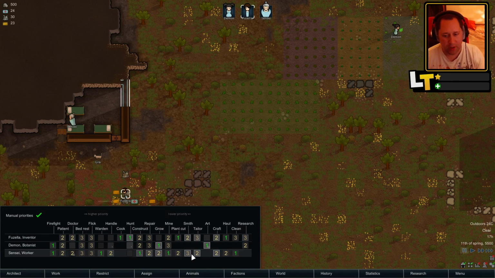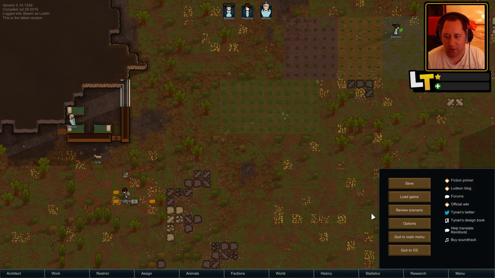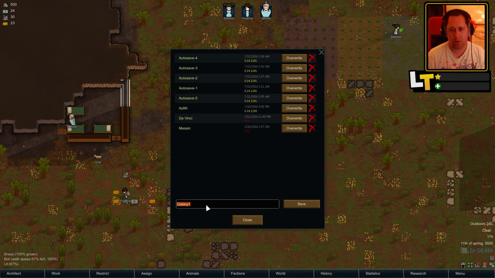Right, that should be a pretty decent setup, I feel. Probably good to make a save at this point, guys, because you know what I'm like for saving. Right, so we're going to call this... well, we don't know what the colony is going to be called yet, so let's call it...